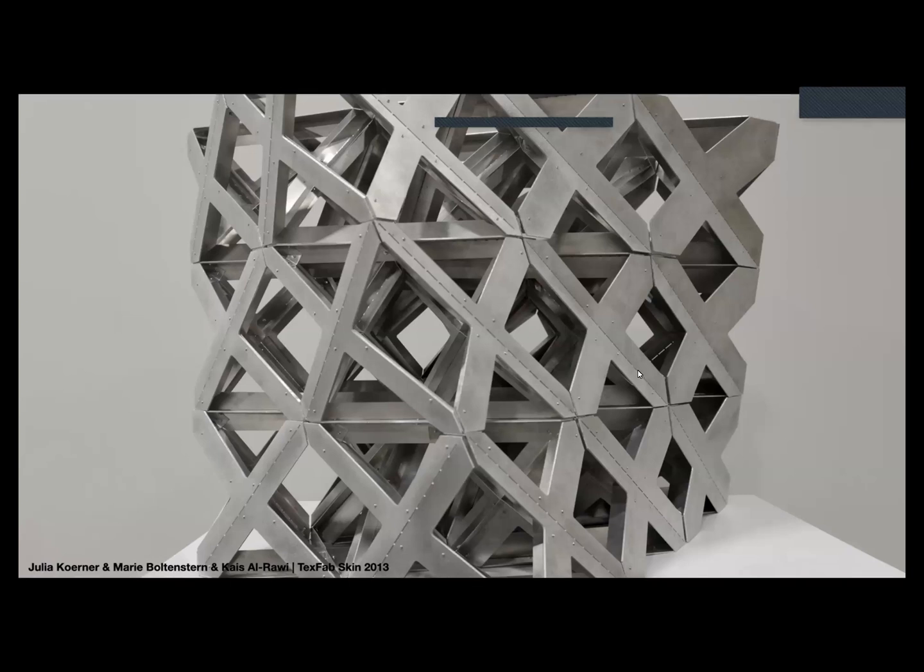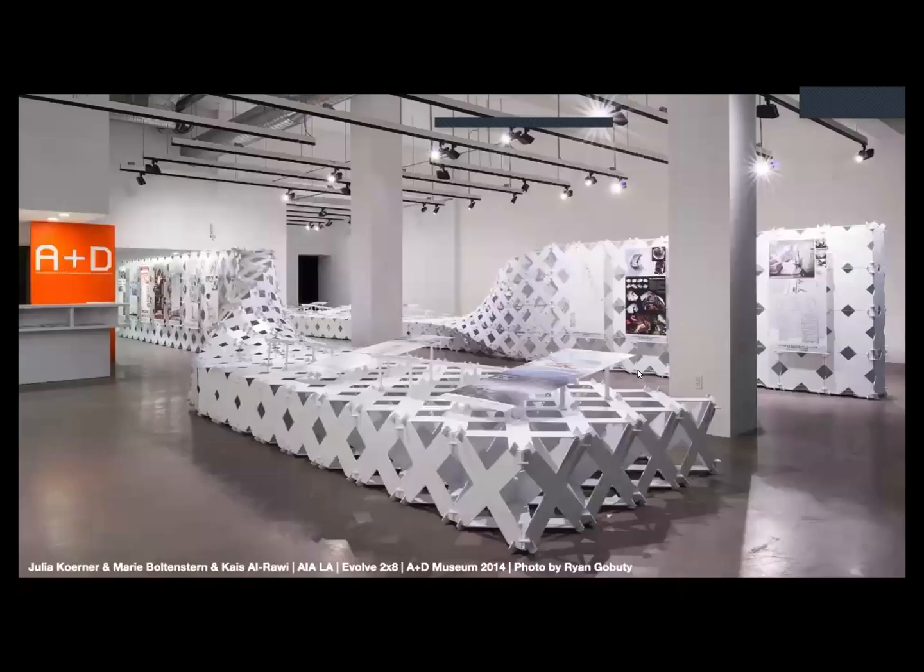This was for a conference in Canada. We also realized exhibition designs for the Architecture and Design Museum in Los Angeles. This was an exhibition design which was created with a material called Sintra, and it was all CNC machined. It's a plug and pull system and can be flat packed together to be shipped onto different continents.